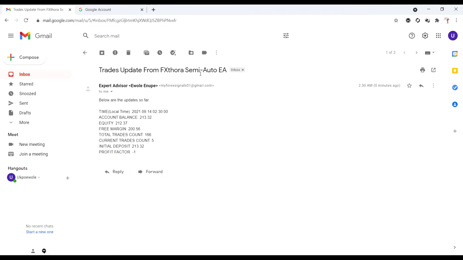So this is the report from our EA. So we can see that it tells us our local time, and then that's at the point of termination. So you can see it's 2:30. It terminated at 2:30. Then our account balance, and then our equity, then the free margin, the total trades taken so far on the account, and then the current trades that are running. So we have 5 trades running,